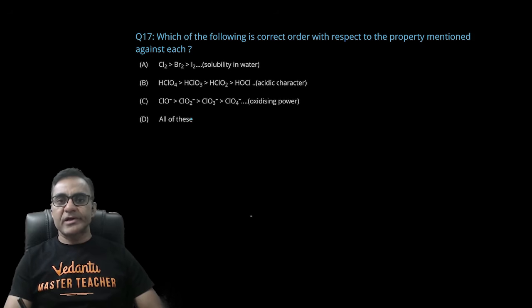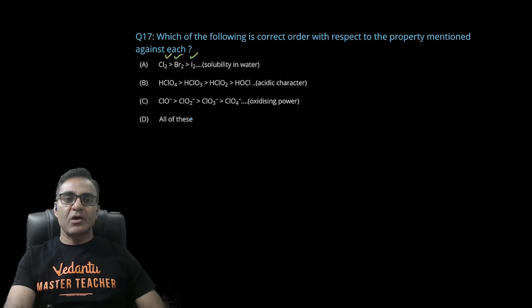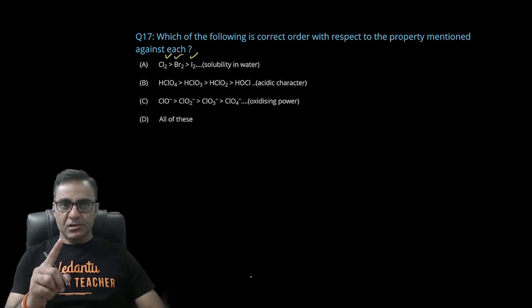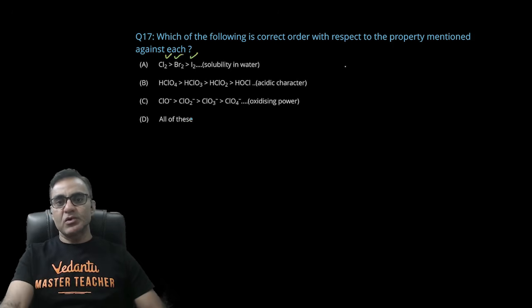Which of the following is correct order with respect to property mentioned against each? क्लोरीन, ब्रोमीन, आयोडीन का वाटर सॉल्युबिलिटी किस ऑर्डर में होगा, जस्टिफाई करना है। लाइक क्लोरीन का या किसी भी हैलोजन का पानी से रिएक्शन होता है तो ये यूजुअली HX प्लस HOX बनता है। लाइक क्लोरीन के केस में HCl